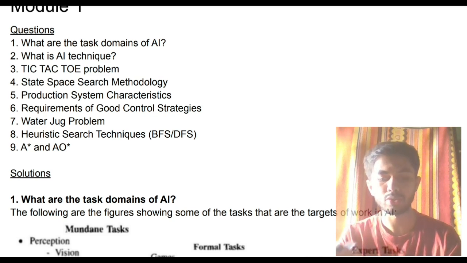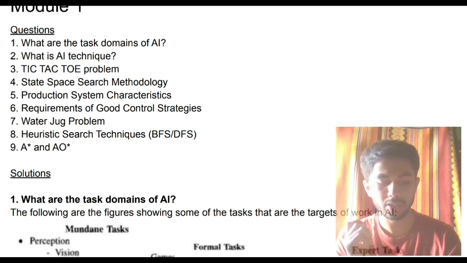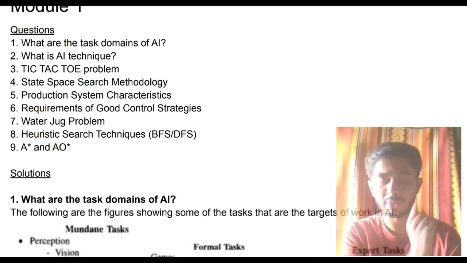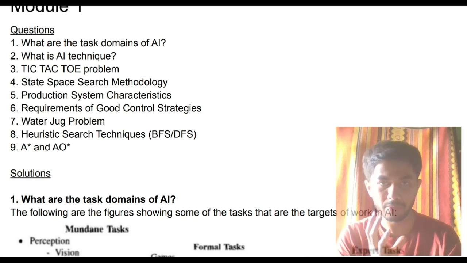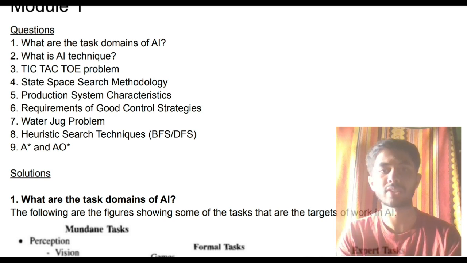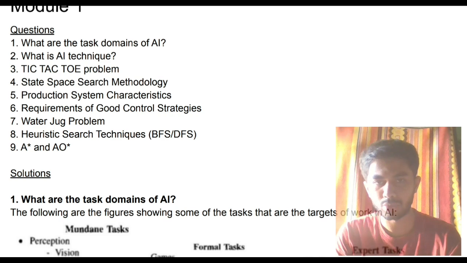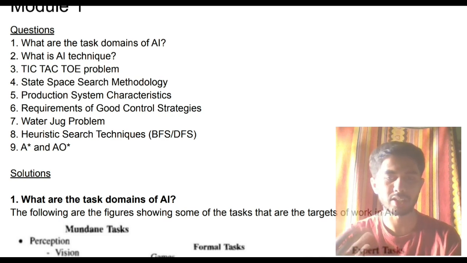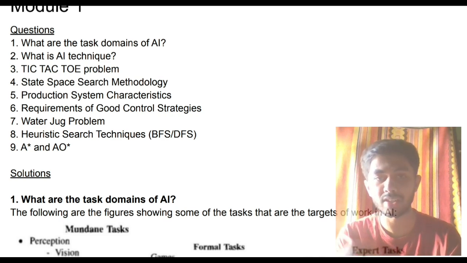Where all is AI used, what comes to your mind first? Let's take a very simple example, the COVID example itself. AI can be used in COVID for detecting if a person is wearing a mask or not. Actually there's nothing AI used in that, but that thing can be made use of AI in the further steps, right? Just tell whatever comes to your mind. That is more important than thinking if it is right or not. Just try and do the steps.